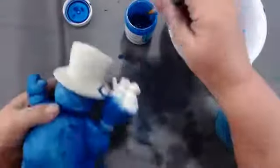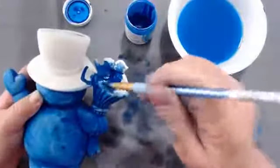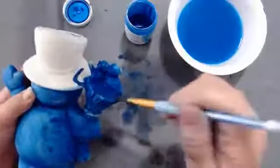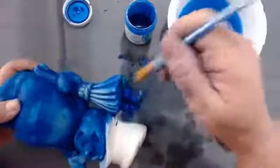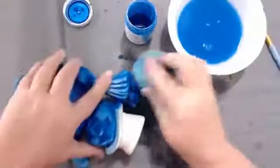So now we're going to get the birds. And it's okay, like it's going to run on the hat because that will actually cover up with the black paint when we paint it. And you do want to let it on there for a little bit of time, because if you wiped it off while it was still wet, there would be hardly any color staining done to whatever little area that you color washed. So I'm just doing up my little birds. And I'm going to take my sponge and sponge it out. And now I'm just going to wipe